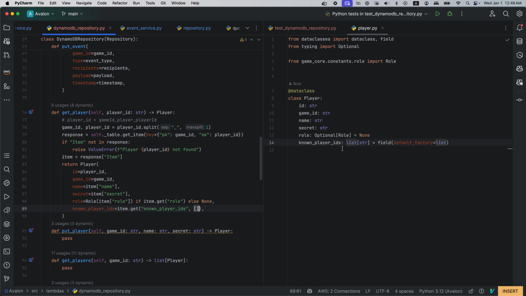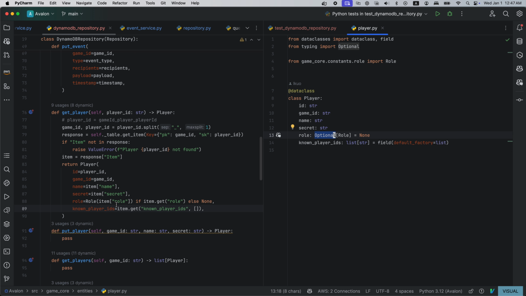Ideally, we want it to be an empty list so we do not have to do any null checks. I'll just put it there. But row is definitely optional because before the game starting, we do not know the row of a player, so it can be null at some time.